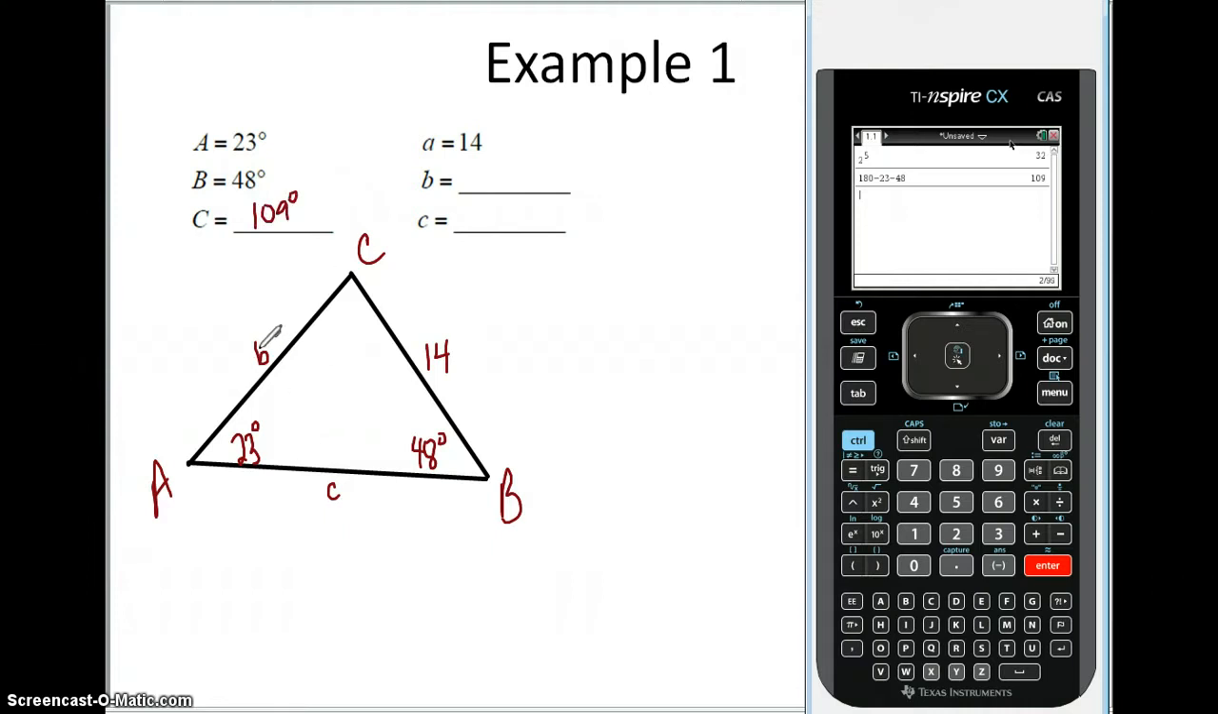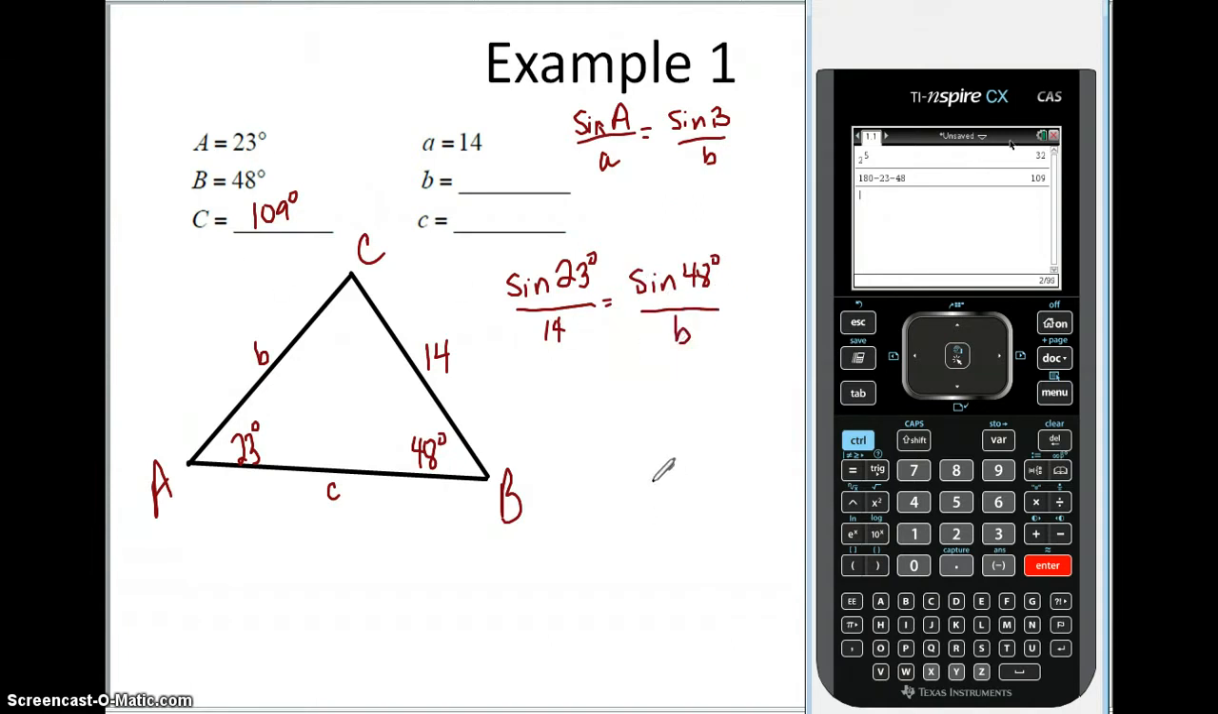And now we're going to need to find side B. So we notice that we have sine of A over A. Remember, using the law of sines, the sine of A over A is equal to the sine of B over B. So I'm just going to put in this ratio here. So the sine of angle A, this is angle A right here, so the sine of 23 degrees, over side A, which is 14, equals the sine of angle B, 48 degrees, we know that's given, over side B,